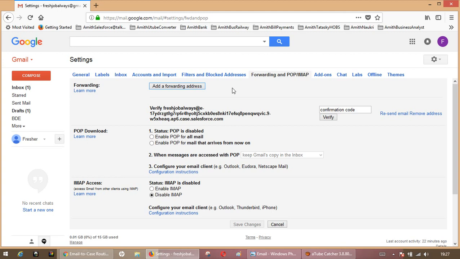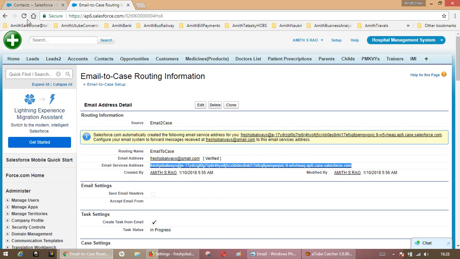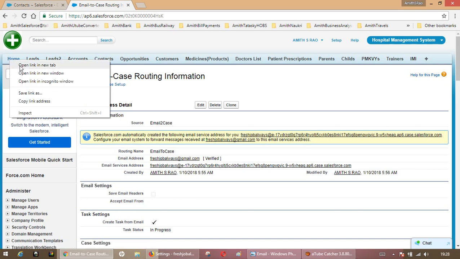Now you need to put the confirmation code here, which needs to be verified, and verify this address. Now you have to refresh this. Okay, for the confirmation code, you need to go to the home,